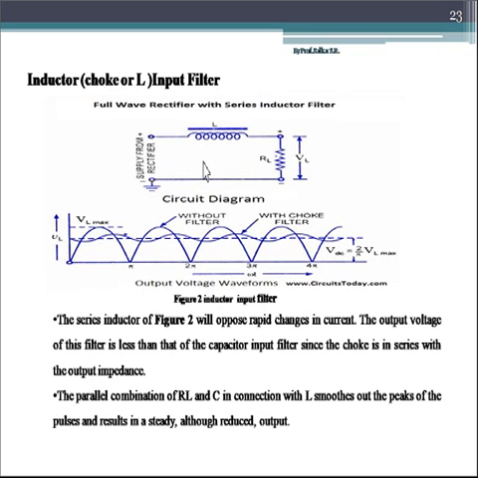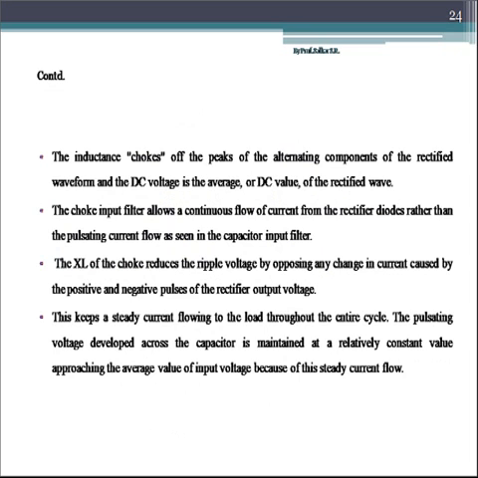So this is how the inductor works and tries to give us the pure DC signal at its output and make the signal DC. This was how the inductor filter helps us to give the pure DC output. In other terms, we can say that the inductor filter helps us to give a smooth output, that is, the inductor smoothens the output of the rectifier. Whatever I have explained is written in the theory over here. So now this was all about the inductor type of filter.